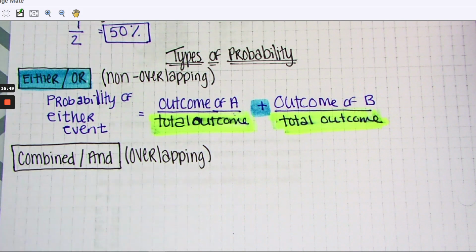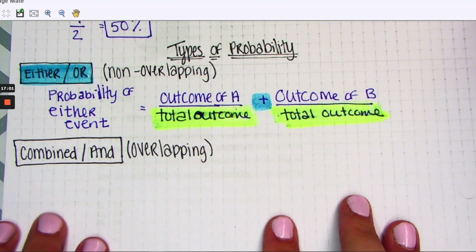I want both of them. What are the odds of that happening? That happening, this one after another, that probability shrinks. You would multiply the probabilities together. So combined, or "and" probability,